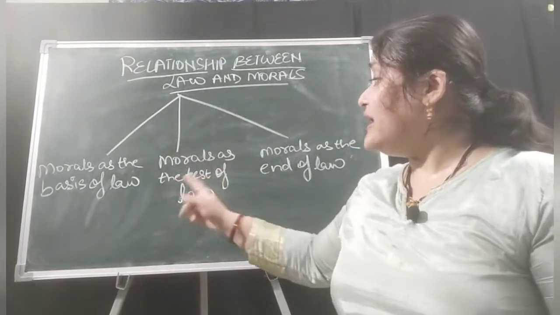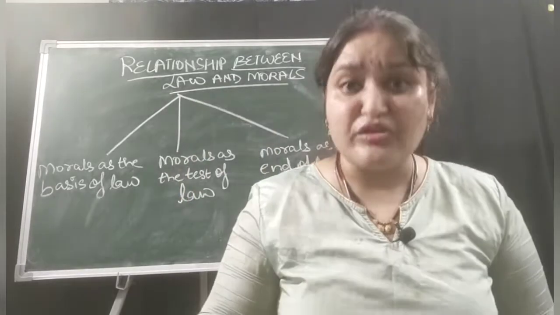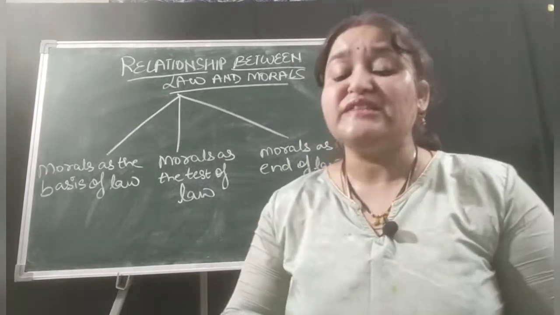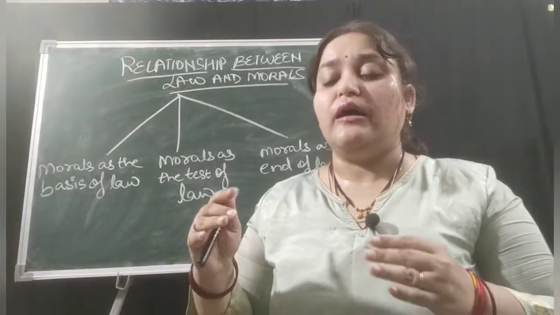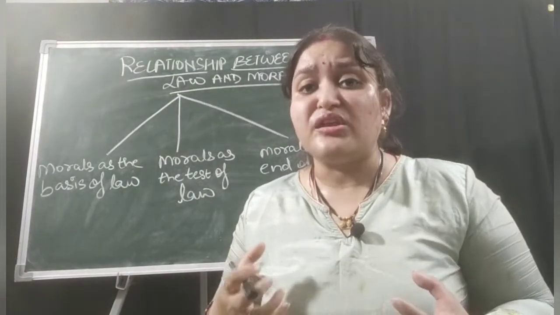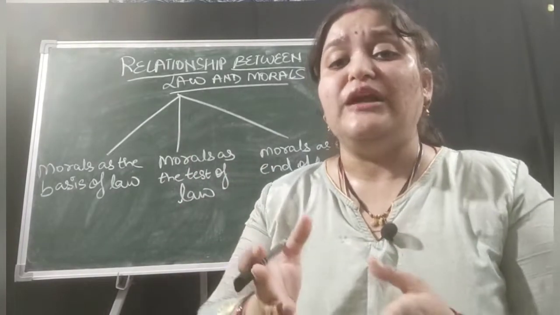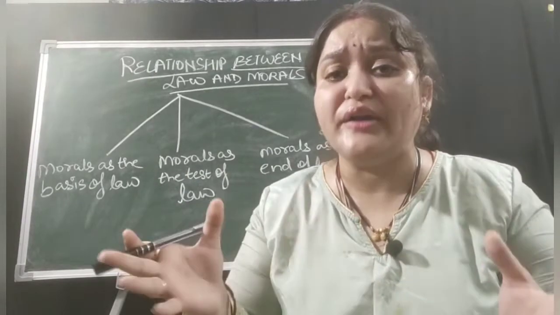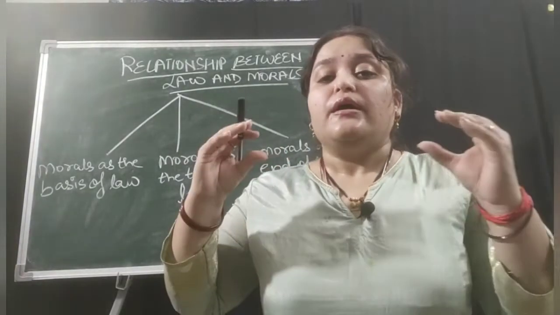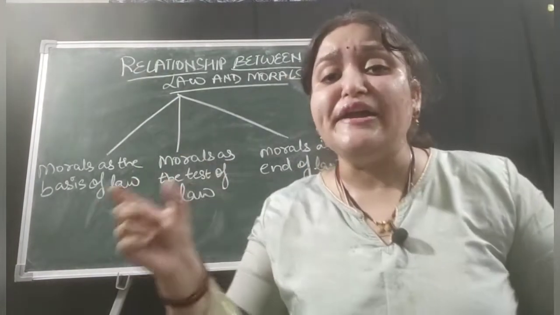As I discussed, morals are the test of the law, and if you dig into the society, the laws, the morals, and the interest of the society, you will find that justice is an important element. Hence justice is tested on the basis of the success and development of the society, whether the members of the society are getting justice or not, whether the purpose of making the law is fulfilled or not, whether the morals are correct or not, whether the law is correct or not. And hence, because of this ultimate justice, there can be situations where we need to change the morals or change the laws. So, the end of the law is always